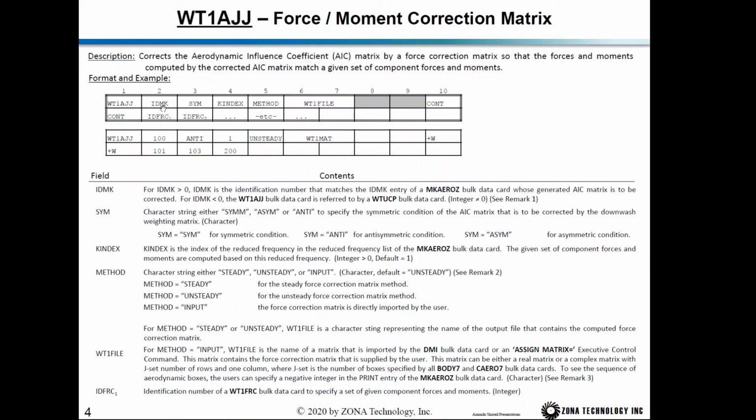So the IDMK refers to the IDMK of the MKAEROZ card, and because for the half span model you may have a symmetric AIC or anti-symmetric AIC, you have to say SYM, ANTI or ASYM. ASYM is for full span model, and K index is the index of the reduced frequency, so you want to correct the AIC of this reduced frequency,